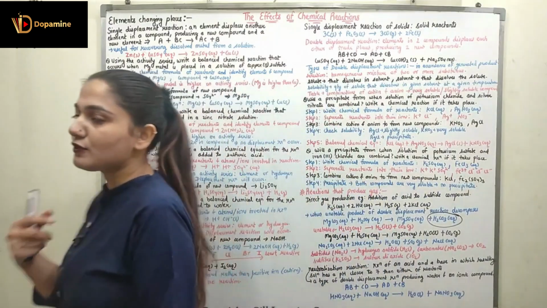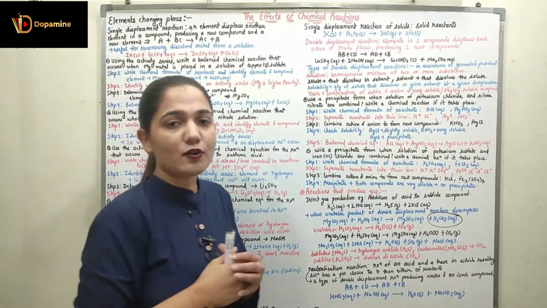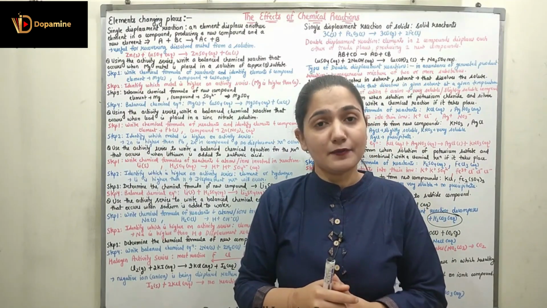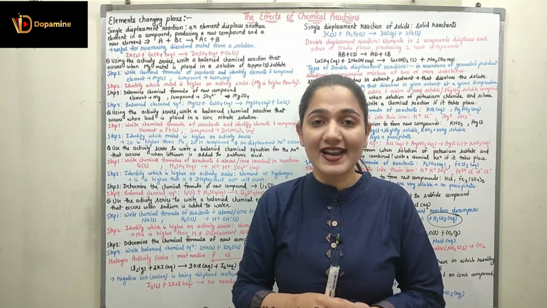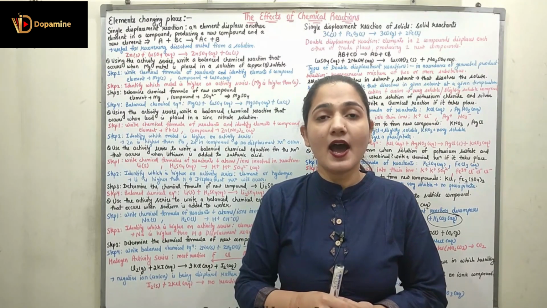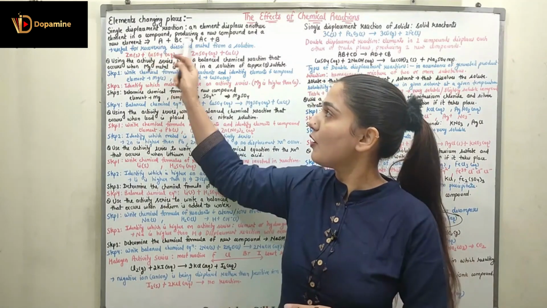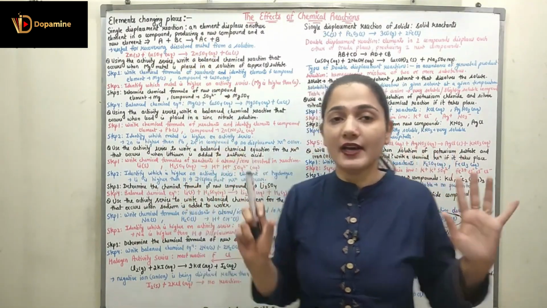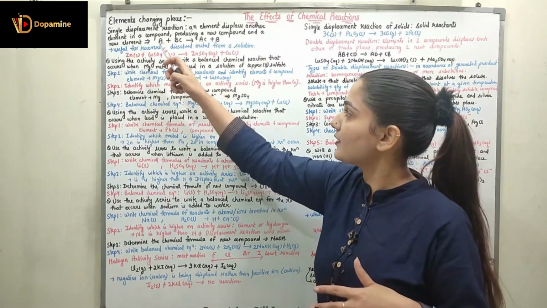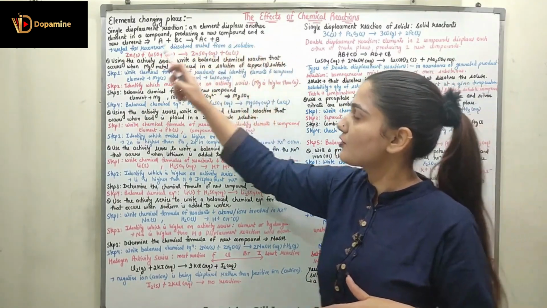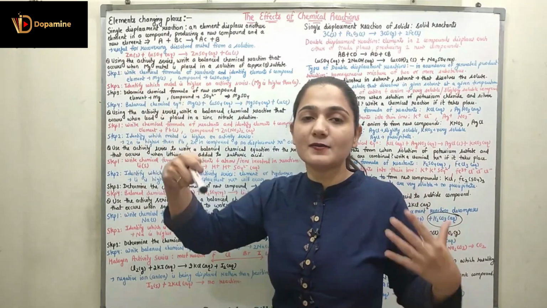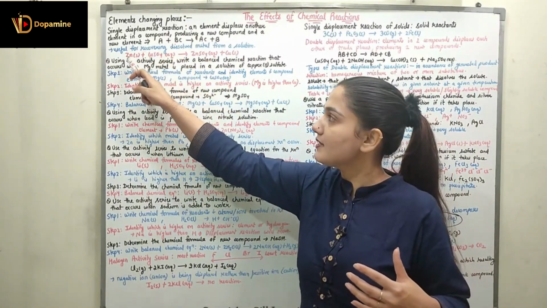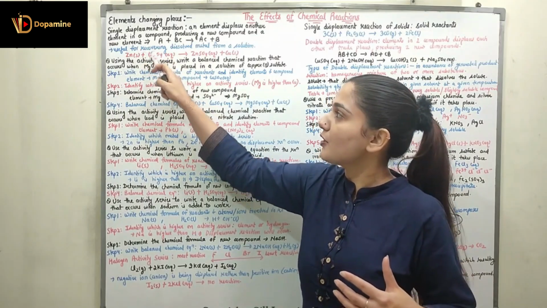Like if I have a solution of copper sulfate, the copper sulfate solution will be having the copper in the dissolved form, and I want to extract this copper. I am going to extract the copper with the help of this displacement reaction. This is a single displacement reaction which can extract the element from its solution, right? It can extract the dissolved metal from a solution, and I know zinc can displace copper. In this equation, the copper sulfate is the compound and zinc is used to displace copper from the copper sulfate.